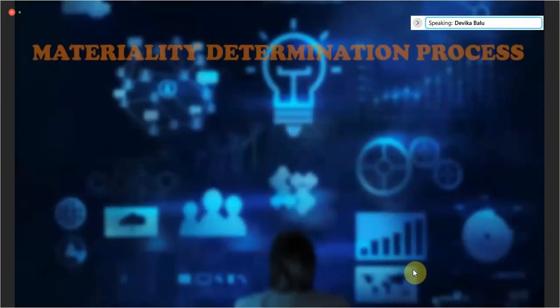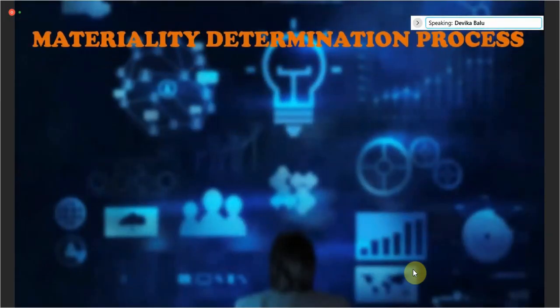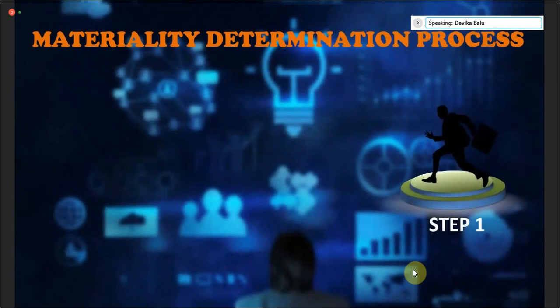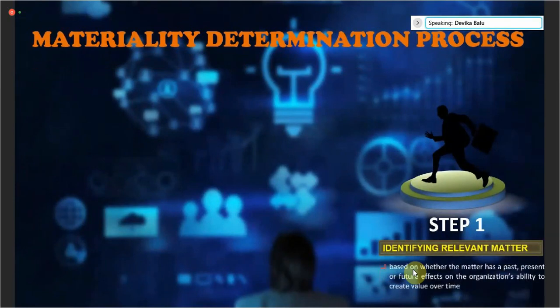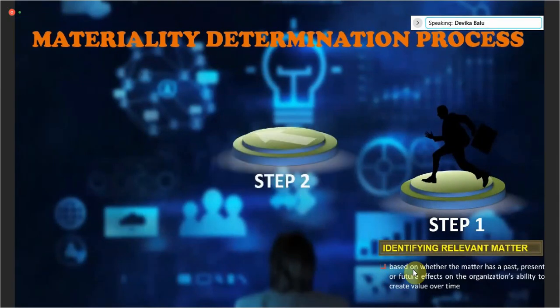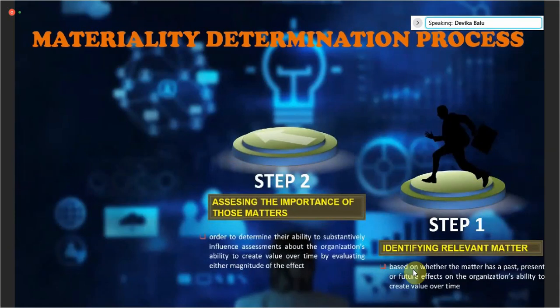Next is the materiality determination process. Determining materiality for purposes of preparing an IR involves three steps. The first step is identifying relevant matters. It is based on whether the matter has a past, present, or future effect on the organization's ability to create value over time. The second step is to assess the importance of those matters in order to determine their ability